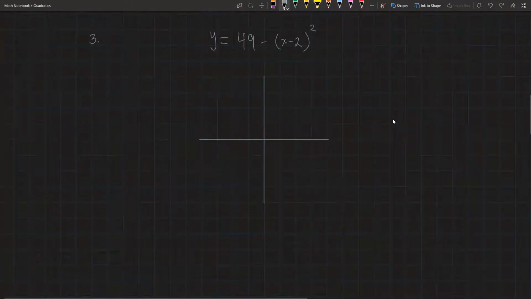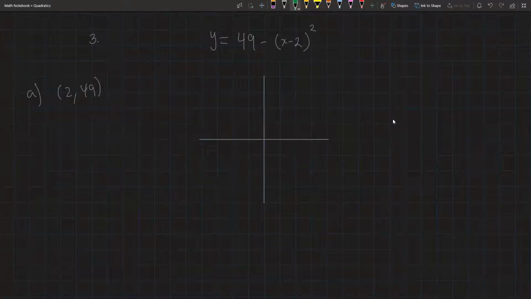All right, so let's do this again. Vertex is 2, 49. Hopefully you're okay with that. That means the line of symmetry, I'm going to use my green color. Line of symmetry is at x equals 2. X equals 2, and this is letter D. Next thing that we know is